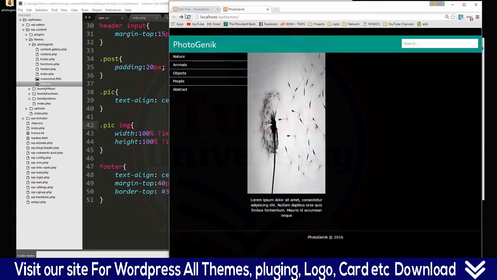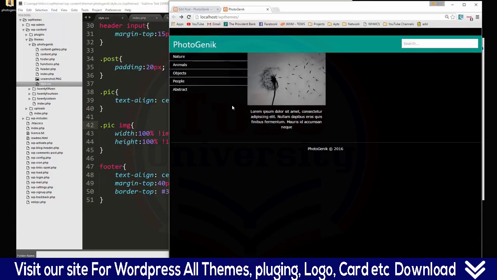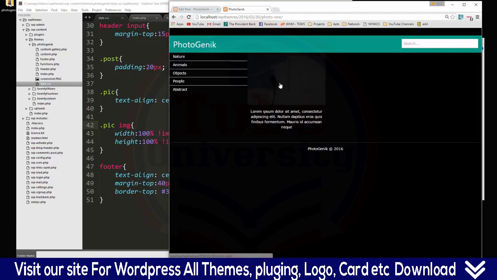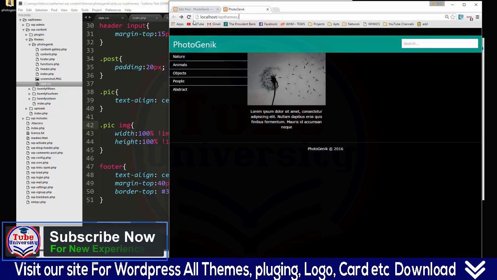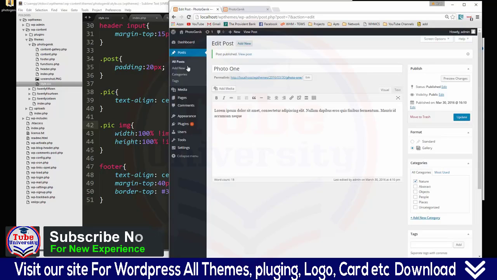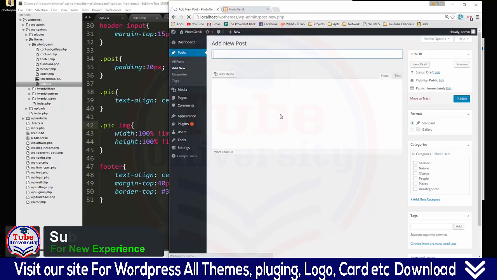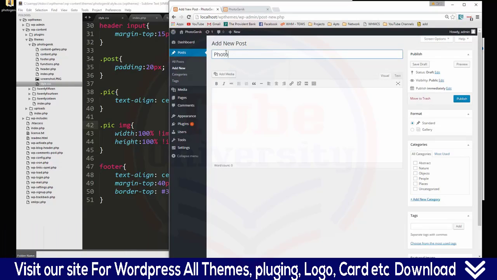Alright, so let's save that and reload, and there we go. Okay, so that looks good. If we click it, it's going to take us to the single page, which we haven't created yet, so don't worry about that. Let's go ahead and just upload the rest of these. Okay, so we'll go to posts, and we'll say add new. This will be photo 2,